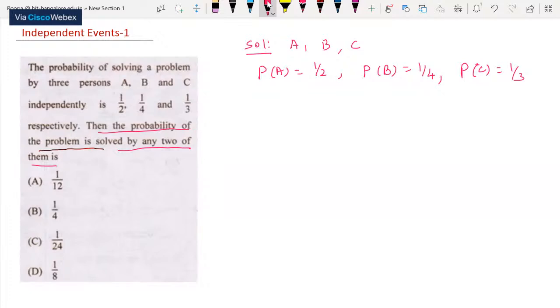Then the probability that the problem is solved by any two of them. At a time, we are giving one problem to all the students. If they all solve it at a time, that means the probability of A intersection B intersection C, all must happen. But they are asking for the probability that the problem is solved by any two of them. Means the required probability is